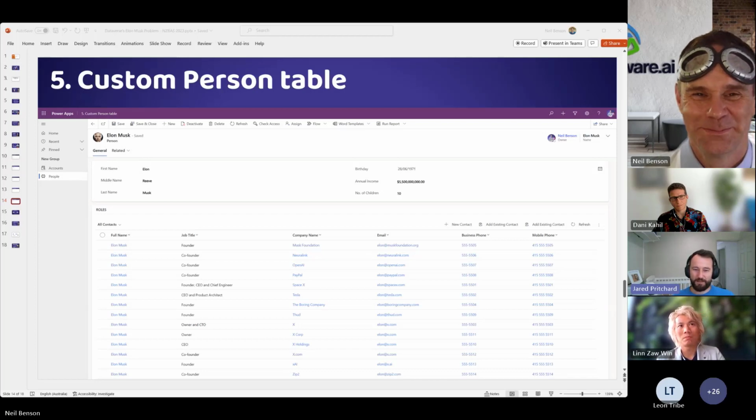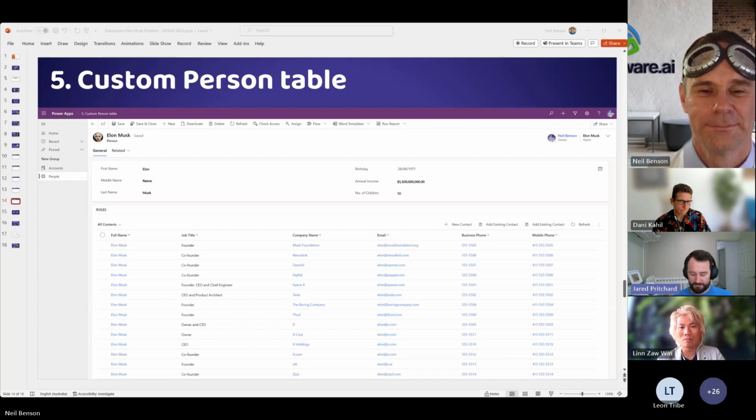So that's why we steered away from that in the end. We ended up going with the custom table for a role intersect table between contacts and accounts, and that just came down to our requirements.